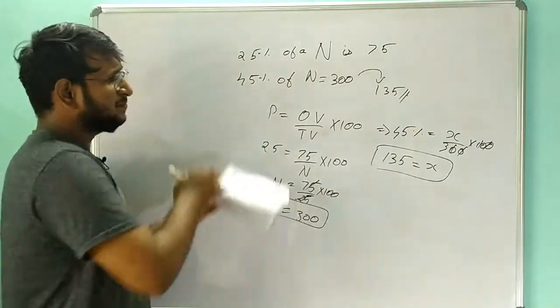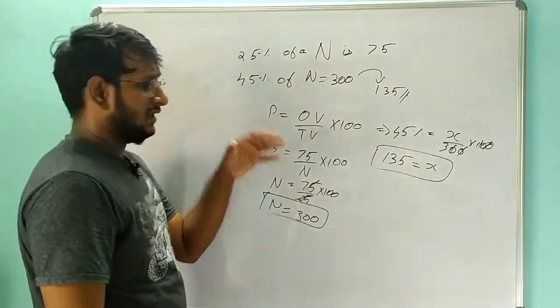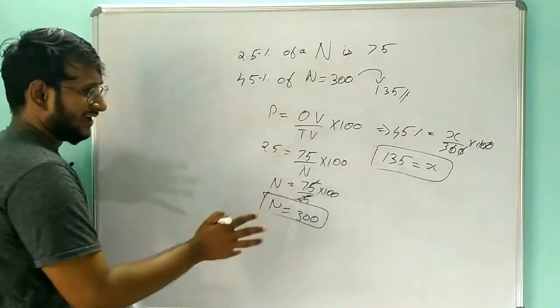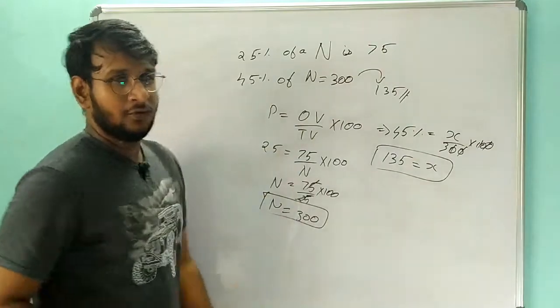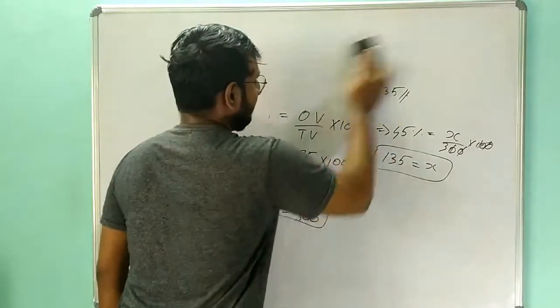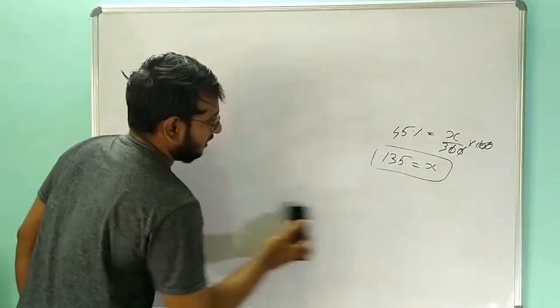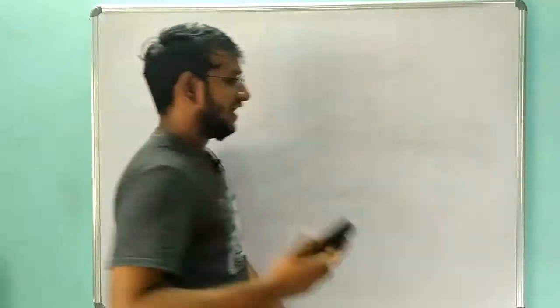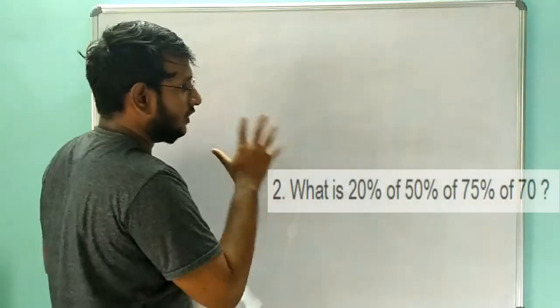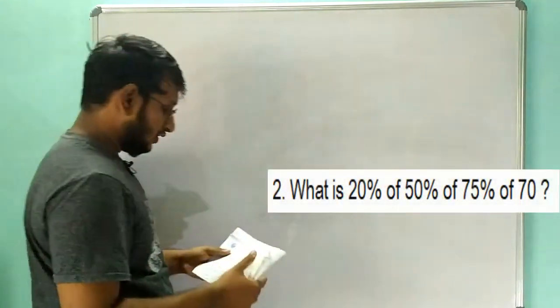So this is one of the simplest problems that may be asked in an aptitude test, but mostly they will not ask such types of questions. I took this sum for you to know the percentage concept very well. This is one of the simplest problems where we are just applying the given values in the formula. Come on, let's move on to the second question.